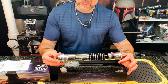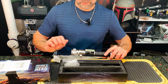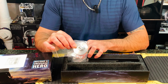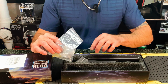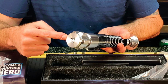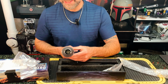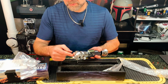When you get this Luke V2 from TXQ, it will come wrapped in bubble wrap, and you receive two different versions. More like a static display emitter cap as pictured here, so if you just want to display it, and you'll receive the blade plug. By the way, this is an Anakin Starkiller design, and that's why you have that symbol right here. And obviously I have on more of the usable setup that you would need to ignite or place a blade, and to have your speaker sound in the back